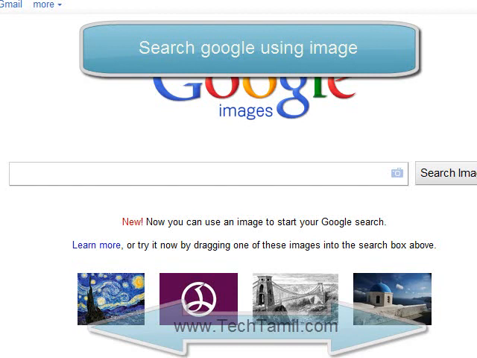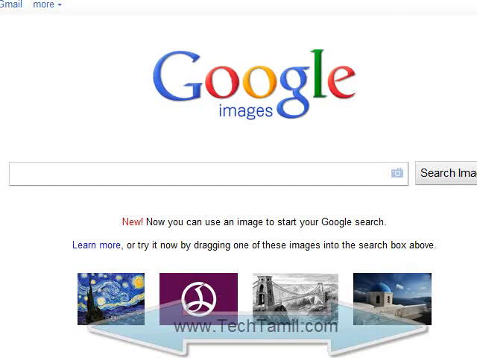So now Google enters Google Images search. That's good. You can input the image and you can search for that image and its information. That's a great feature. It works quite great. Let me check what it does.